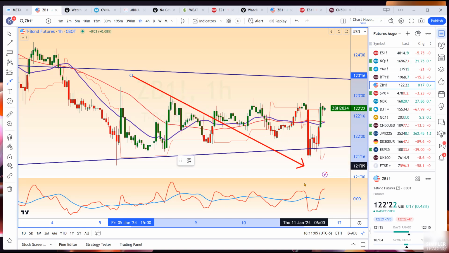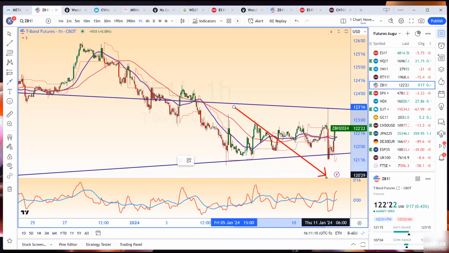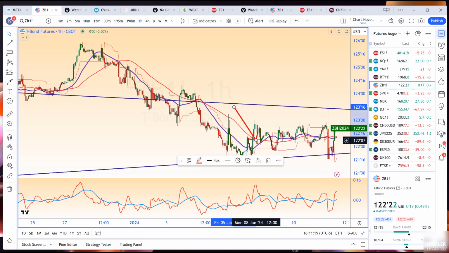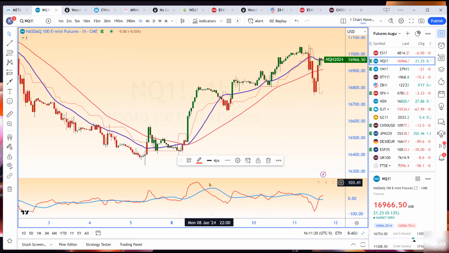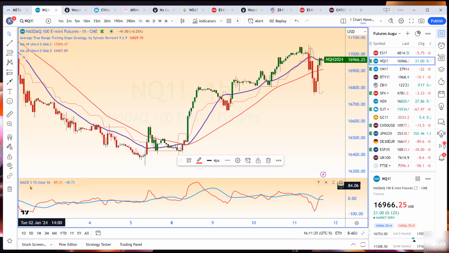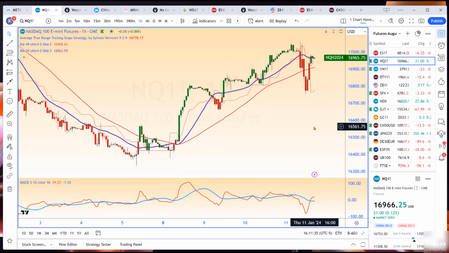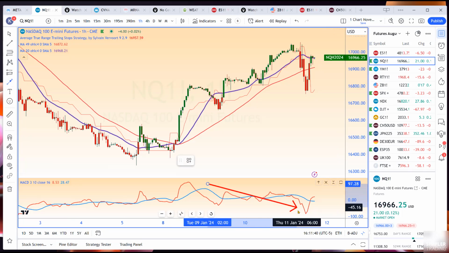I'd be bearish if it went beyond the point of no return, which means decisively down, but you didn't see that. So the first thing is the bond market held. The next thing to notice in here is that the NASDAQ got oversold. I like using this MACD. I'm showing it right here, the 310.16, on the bottom left. So when that got oversold on an hourly chart, it doesn't mean you can't go lower, but the probability is you shouldn't be initiating shorts down here.